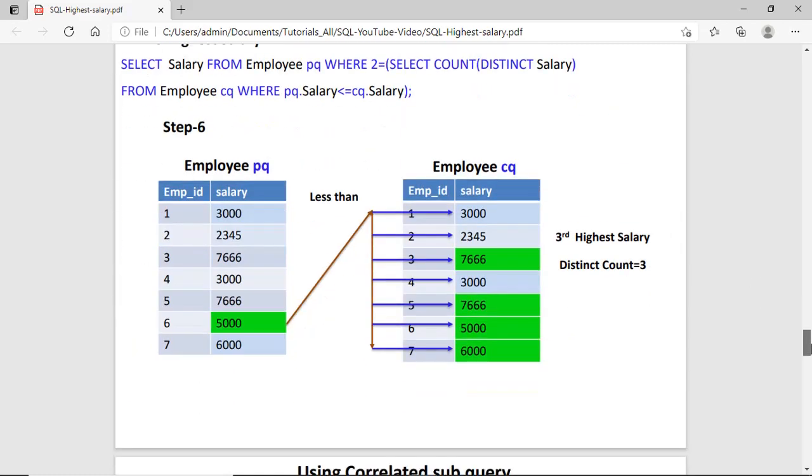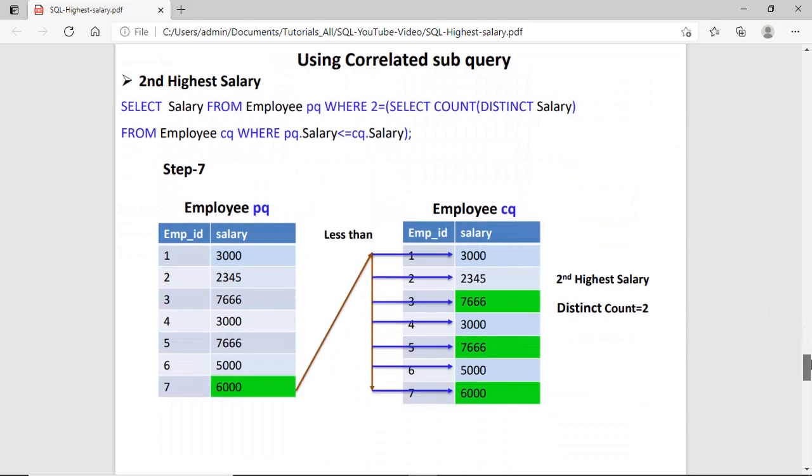In the next step, whenever 5000 is passed, now the distinct count is 3, because there are 4 values, 7666, then 5000, 6000. So 5000 is less than or equal to all these values. So still the condition is false, but if we want to calculate the third highest salary, then the condition is true.